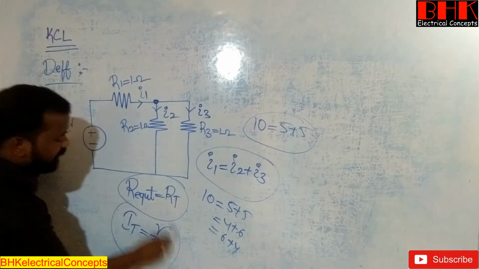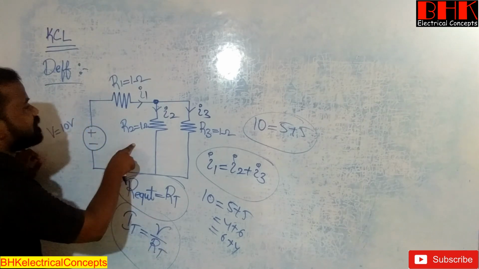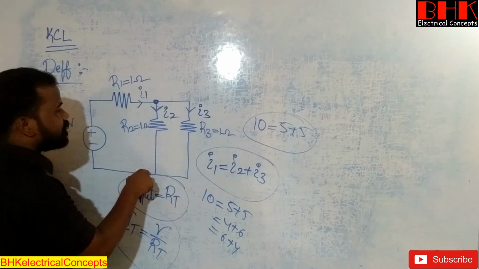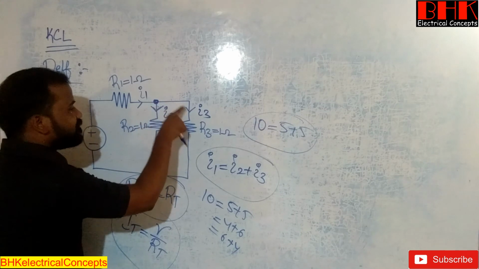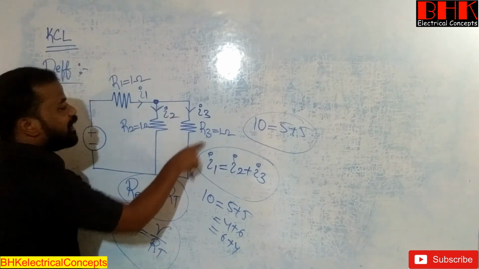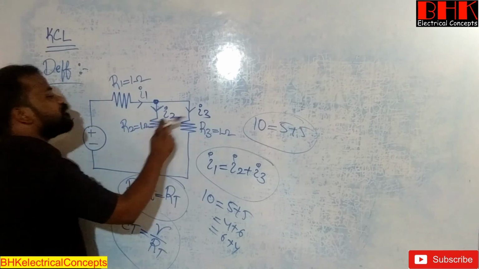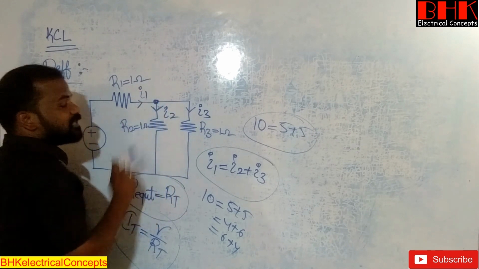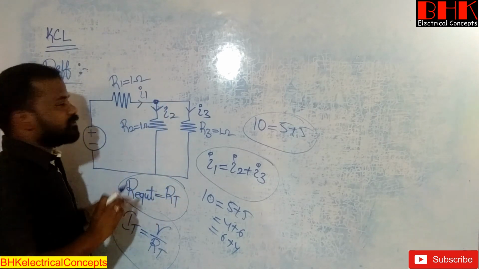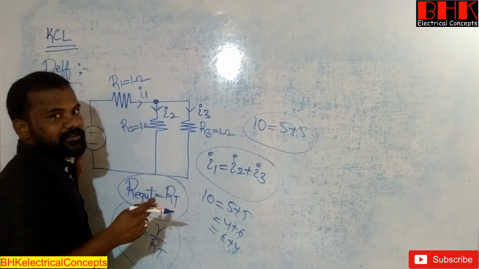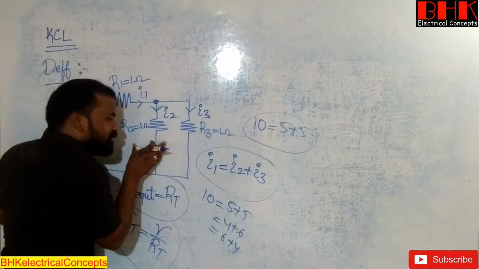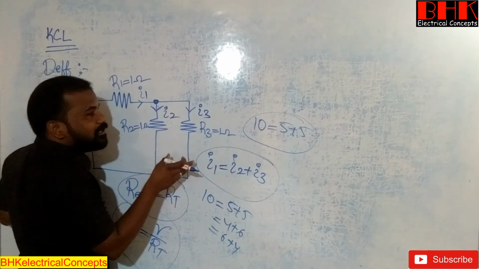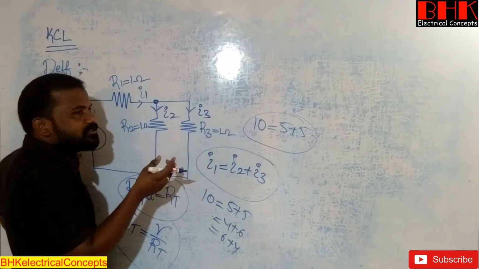Clear? So after calculating the total value of current in the circuit, now use current division rule to find the current flowing in R2, and same, use current division rule to find the current flowing in R3. Clear? So after getting I2, I3, just add these two, then you will get exactly the I1 value. Then only Kirchhoff's current law will verify. Clear? So actually this is the procedure we need to follow in theoretical. But what is the practical? How to check in practical means?